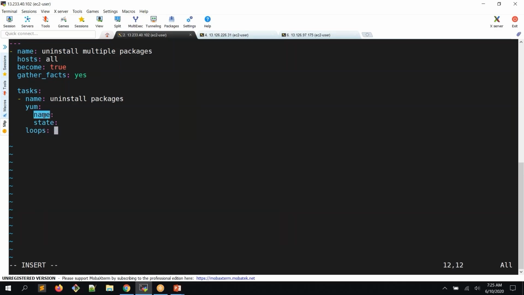So here I want to change the name of the package, depending upon which package I want to install, and state also, it could be either installed or removed. Then what I can do is give the list of the package names over here. That is, git I would like to install. So package colon git comma